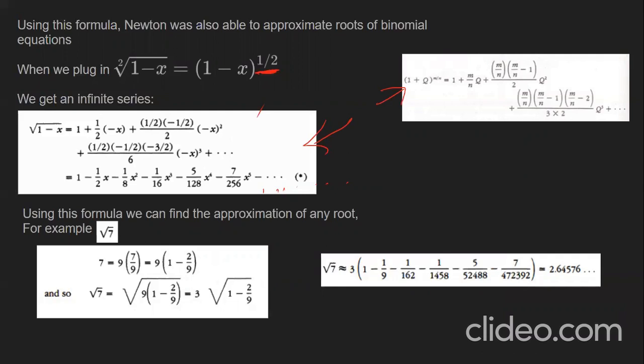And what he did to approximate the root of 7 is he knows like 7. Well, another way to write 7 is 9 over 9 times 7, which still equals 1, which can also be turned into 9 times 7 over 9. And now, if we want to take the square root of this, it still equals 7. Nothing has changed, but we can now do root 9 times, oh, just kidding.